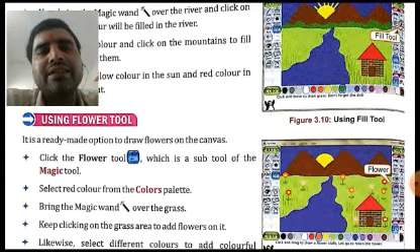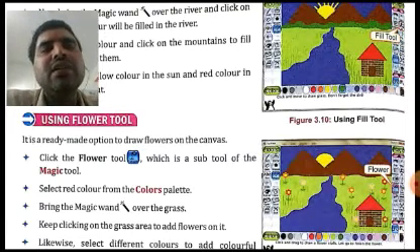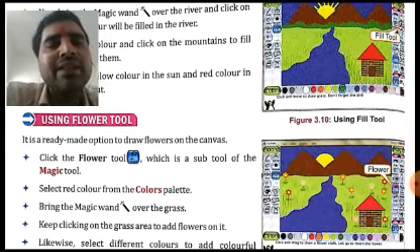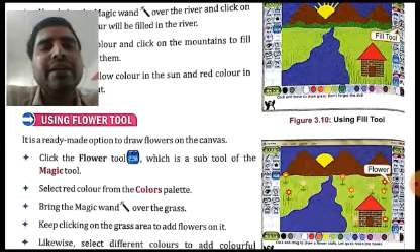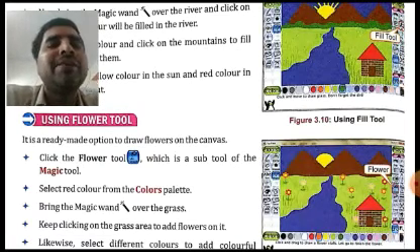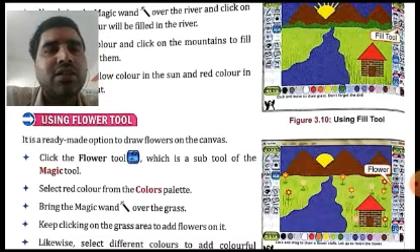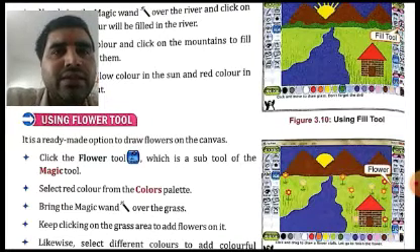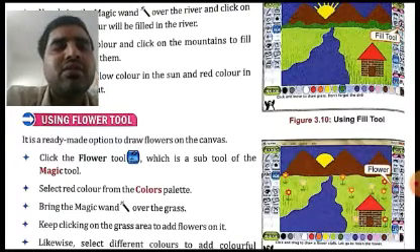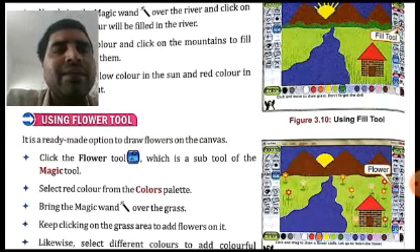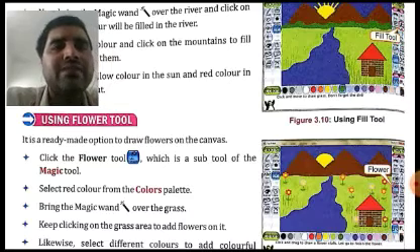So you can see that these tools are providing us with a lot of flexibility and facility to draw these objects without any difficulty. If you had to draw these objects using the mouse, then it would take a lot of time, isn't it? Because we have to trace the drawing of every object with the mouse. But because we are using these tools, it is very easy for us to draw these objects on the drawing area. That is why it is very easy.